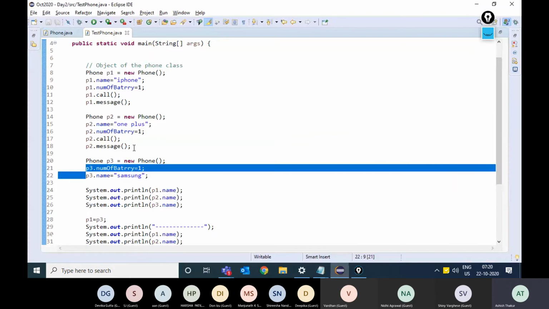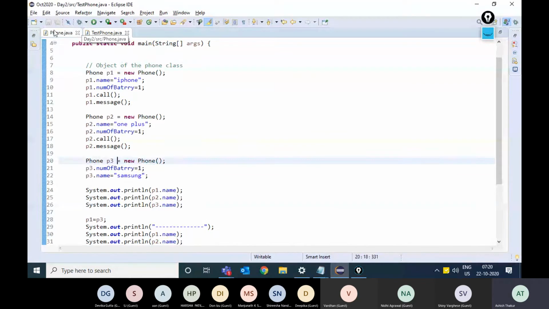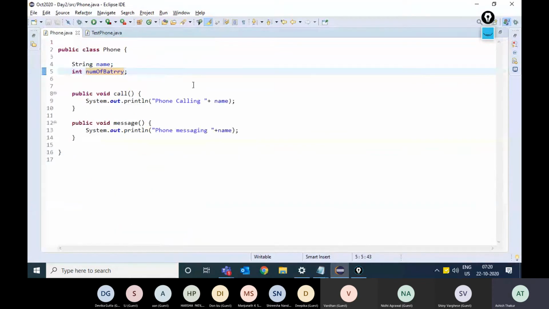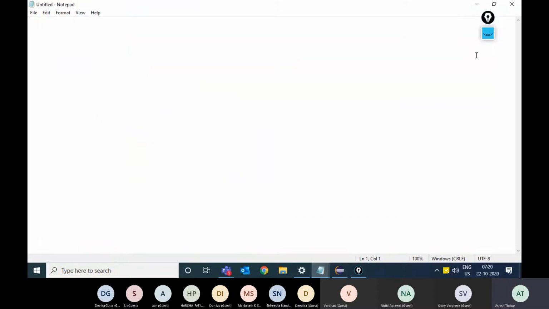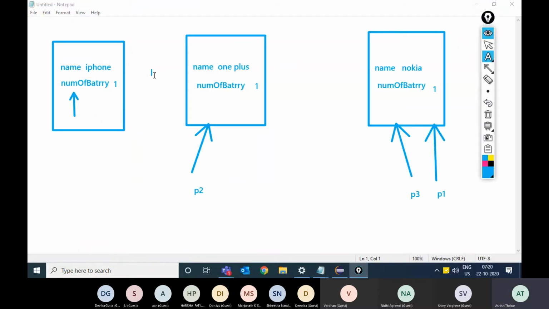Right. So what we do is that we make such a variable static. Okay, when you make this static, it no longer remains the part of the object.